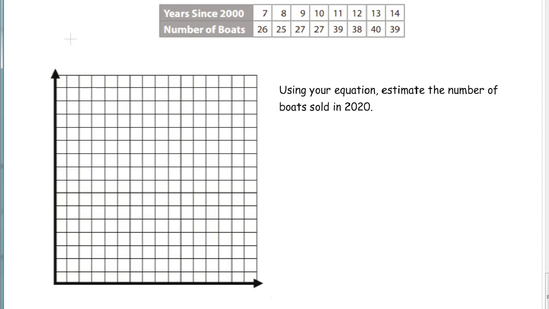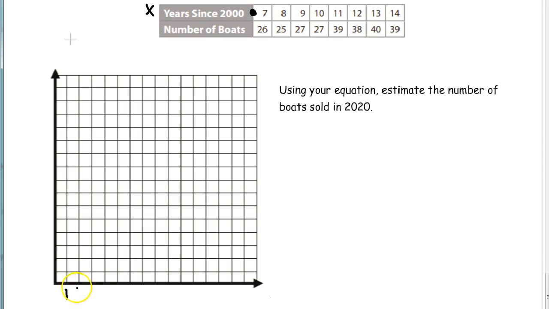So step 1, you have to graph the data right. If you don't graph it right, everything else will be wrong after that. So it might seem like the simple step, but there are mistakes made often, so be careful. For instance, since you see here the data starts at 7, it doesn't mean you start at 7 on the axis. This is still 0, 0. You can't just start at 7 because that's your first number. So we're still going to count